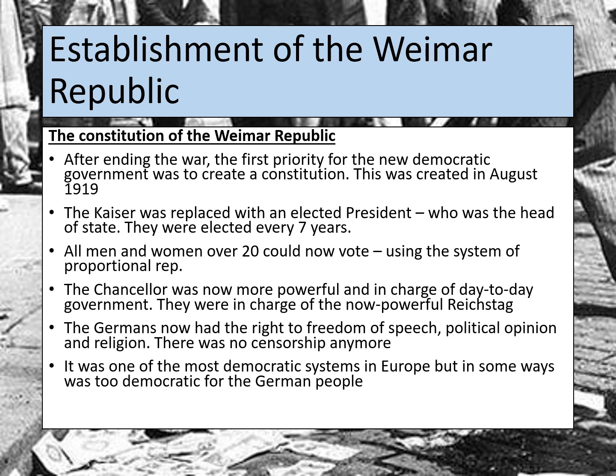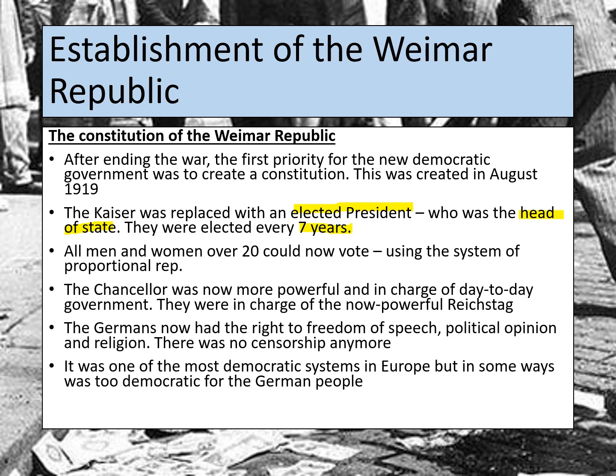So first of all, we know that the Kaiser, who was previously the head of state, had been replaced by an elected president. Now, this is quite different because the Kaiser previously inherited his power, whereas the president was elected by the people every 7 years. Now, the president would be the new head of state, so he would be the person at the top in terms of power, and they would also control the chancellor and the government essentially, and they also would have extra powers like Article 48, which we'll talk about on the next few slides.